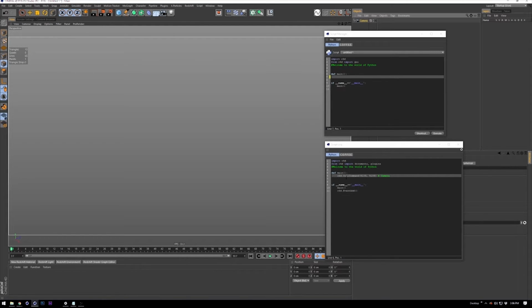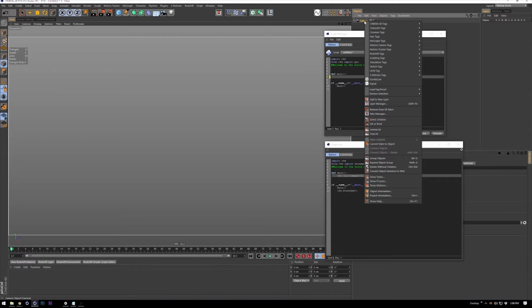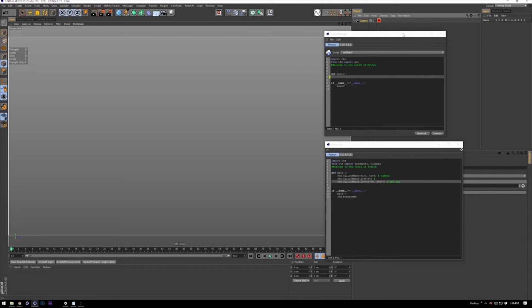So we made our camera, and we see the first command is input into this menu. And then if we just go about our normal day, and we assign a Redshift camera tag to it, we can see that these 3 lines of code all correspond to making a camera and then making the Redshift camera tag. So if we were to copy these 3, just Control C, and then if we come over here and Control V to paste,